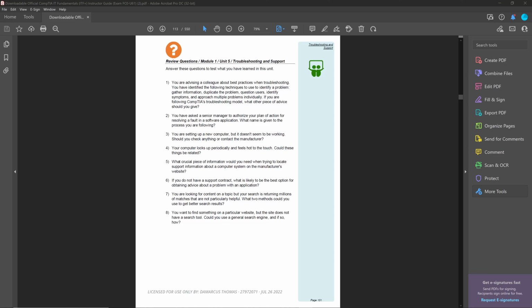8, you want to find something on a particular website, but the site does not have a search tool. Could you use a general search engine? And if so, how? And we just talked about this. It is the site operator that you can use. Okay, so yes, you use an advanced search form or use the site operator, which is site: such and such. Okay,